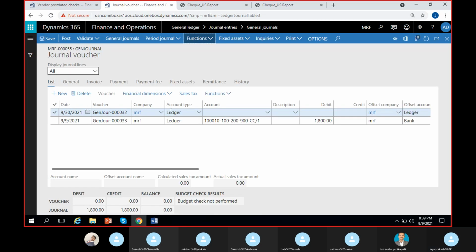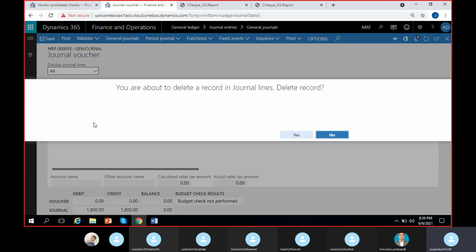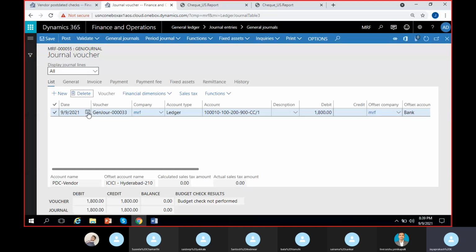See here, actually I can remove this empty line. It's not needed. Normally it is taking today's date itself for the line. You can change the date back to 30 if you feel like. Normally if they have to do this bridging clearance, they will do it on that particular date only. Whenever the maturity date is there, they will do the clearance. So assume that we are doing on 30 itself, and you can see the journal voucher is created automatically, and